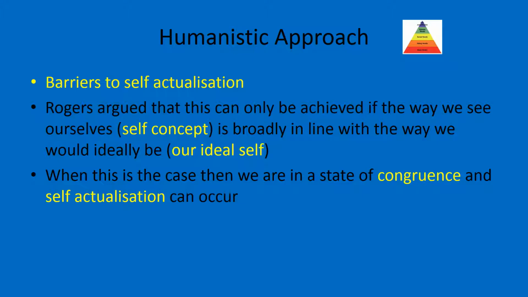Okay, now there are some people whose ideal self is their self-concept. It's the same, one and the same thing. If that is the case, then those people are in a state of what Rogers would call congruence. If you have congruence, then you can self-actualize. You are your ideal self. You can self-actualize. You can reach your true potential. However,